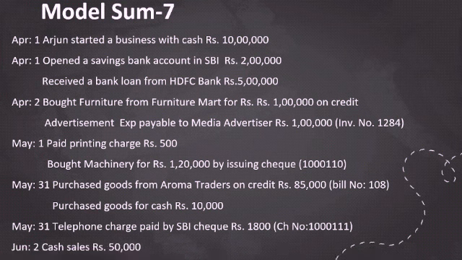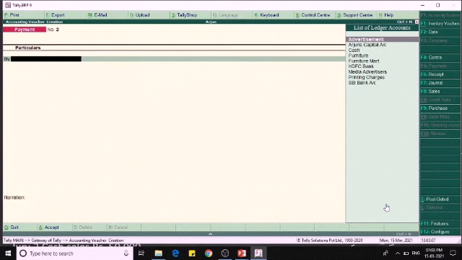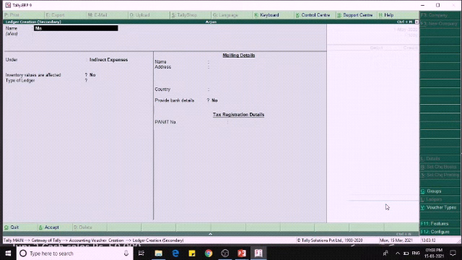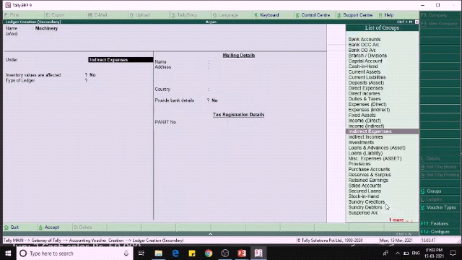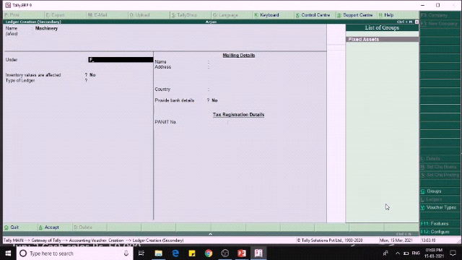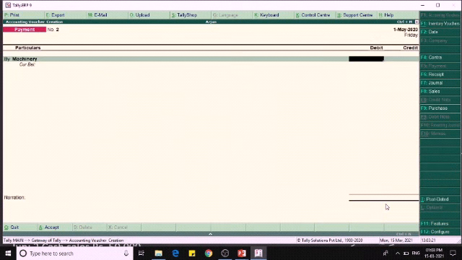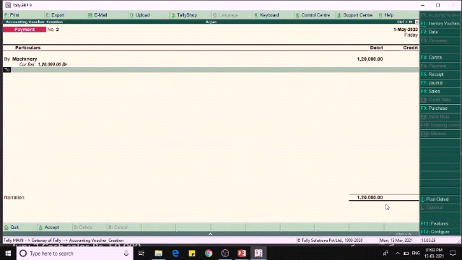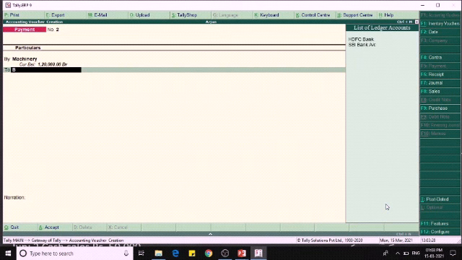And then on the same day we bought machinery for rupees 1,20,000 by issuing a cheque. So this is also coming in the payment voucher. At the time of purchase we are paying. Before that we have to create the ledger as machinery, fixed asset, 1,20,000, to SBI Bank.